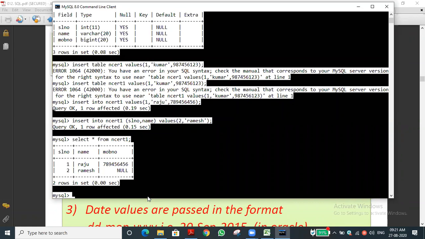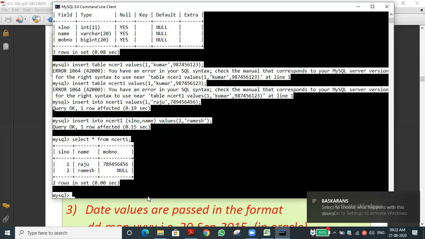I understood your question. The mobile number we define as integer, but whether the data type is bigint, yes, the data type belongs to integer. Whether it is possible to give the default value as text, such as phone number not defined or phone number not given? Yes, of course we can. It is not related to the data type. The data type is important whenever we try to insert the data, because it will only check whether the data type matches or not.